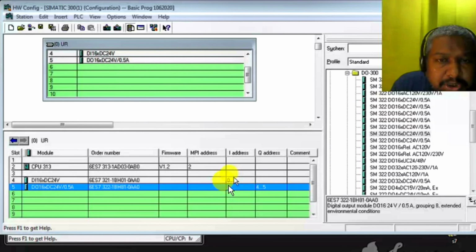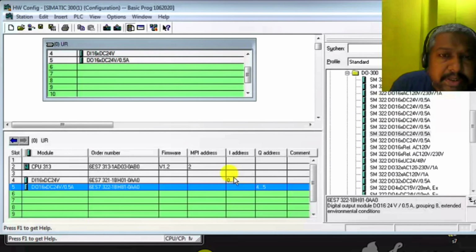That means byte 0 to 1 is input, and 4 to 5 is Q, that means output. So 0.0 to 0.7 and 1.0 to 1.7 are the inputs, and 4.0 to 4.7 and 5.0 to 5.7 are the outputs.